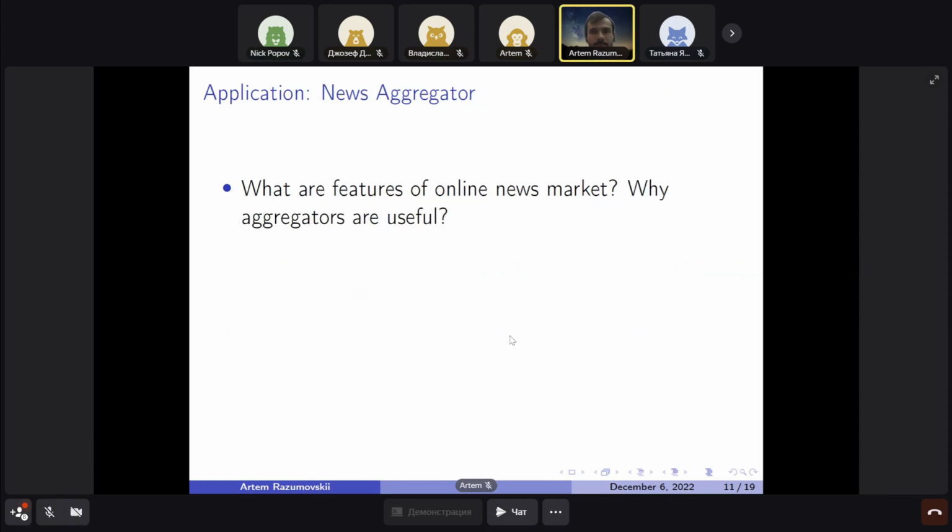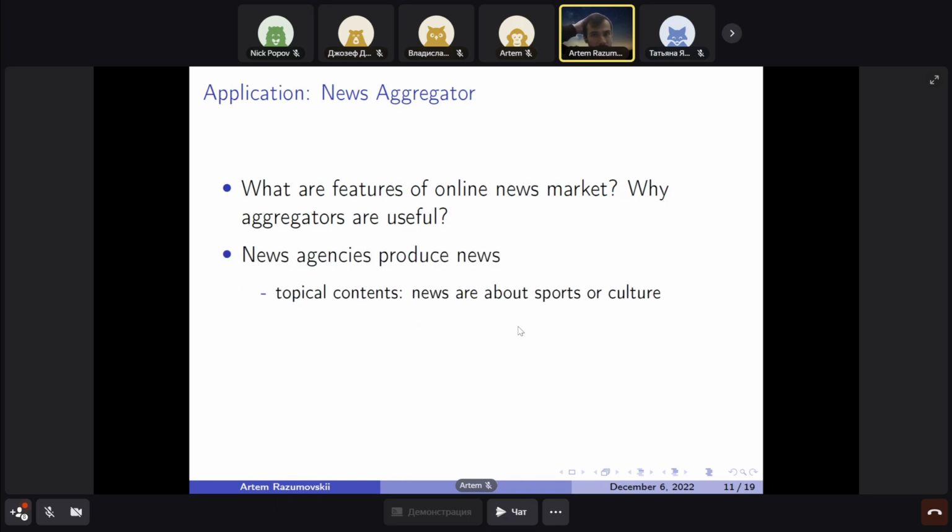So let's consider what the market is here and why we need the aggregator. Firstly, the agency produces some news. So you have different agencies, different newspapers or magazines, and they have different topics. You can think about agencies which focus on certain topics. For example, there will be one newspaper about sport, another about culture, a third about music, a fourth about